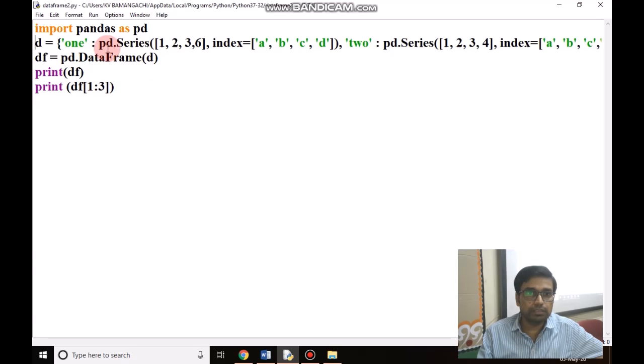We have converted the dictionary to a data frame, then we have printed the data frame, then we will give the ranges starting from row number 1 up to row number 2, not up to row number 3, which is the stop value. Before the last value we have to print the rows starting from 1. So if you run this program,